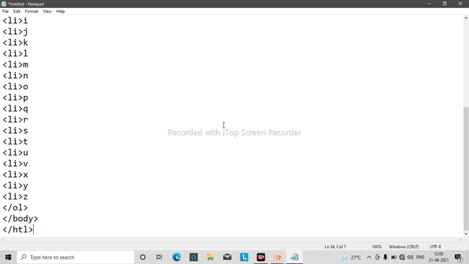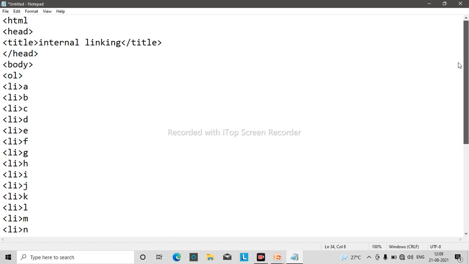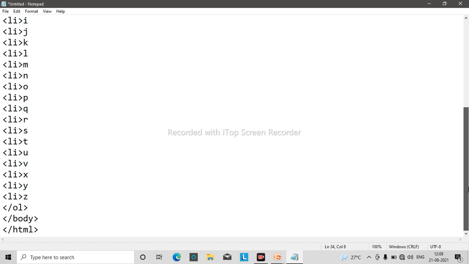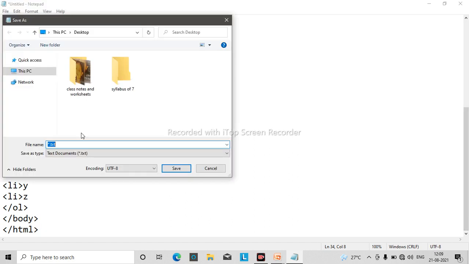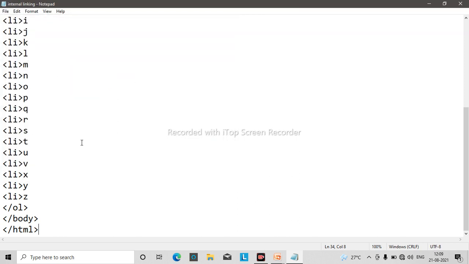So we have made this, such a long list. Understood? Now let's save it as internal linking.html. Never forget the .html.